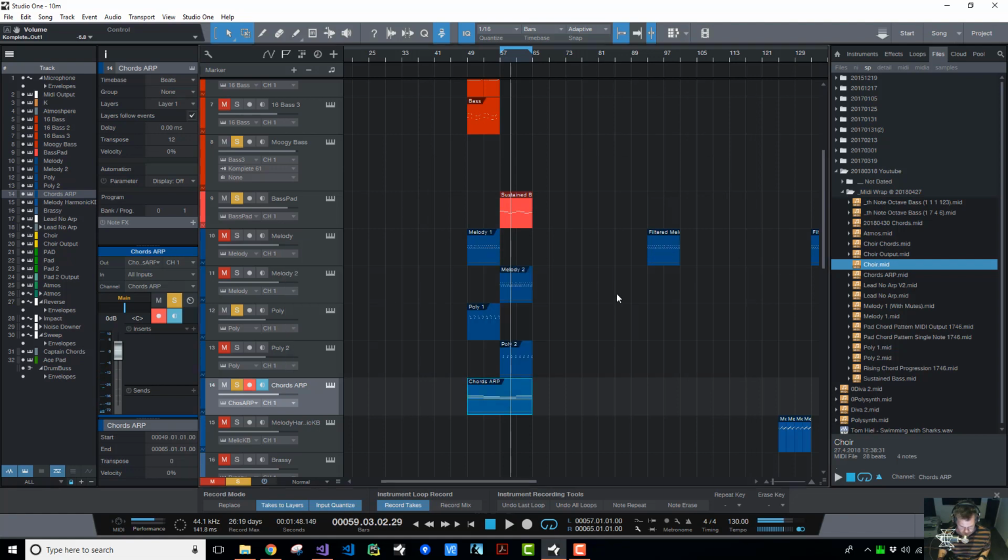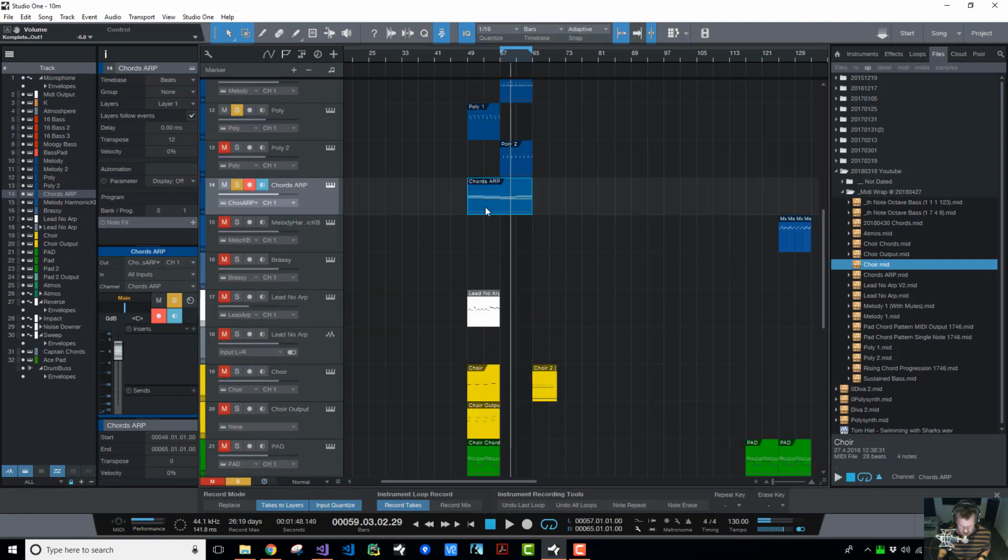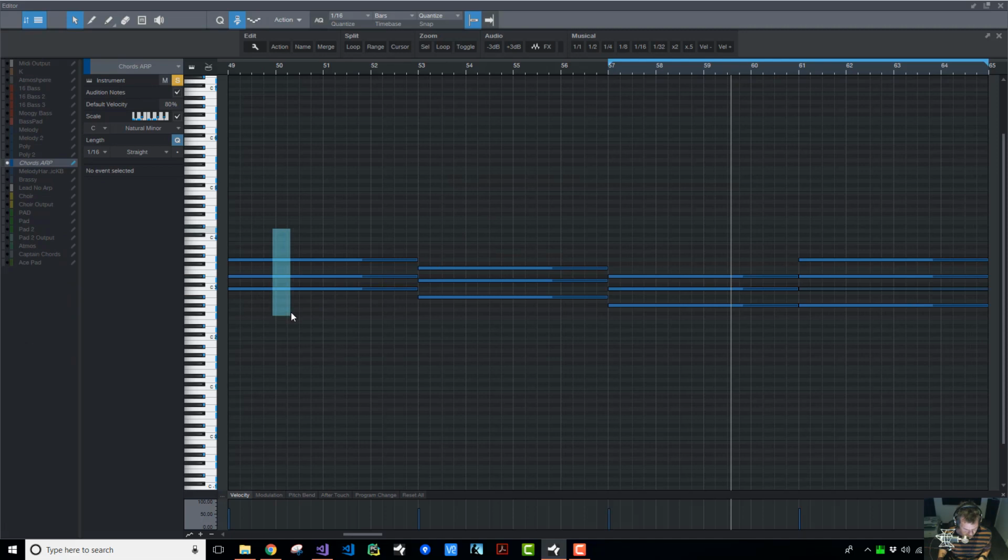Sidetracked, but what chords are these? This is a 1, 7, 4. No, this is a